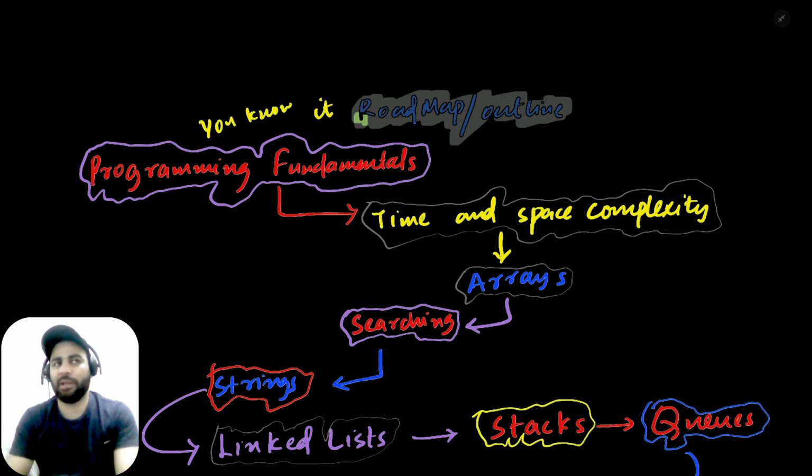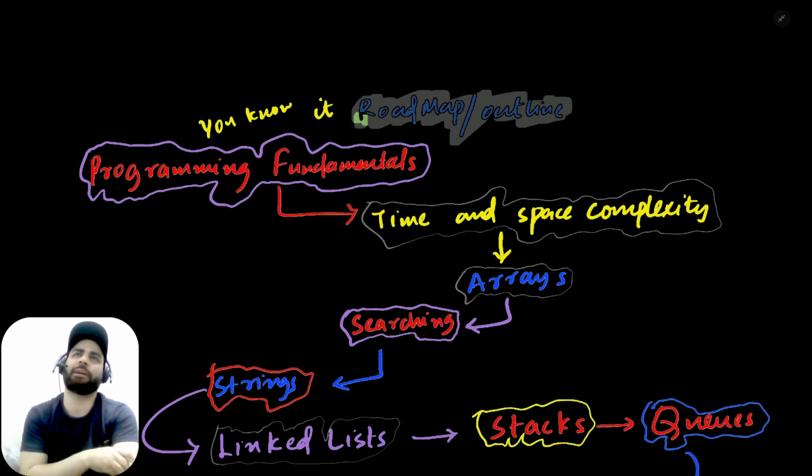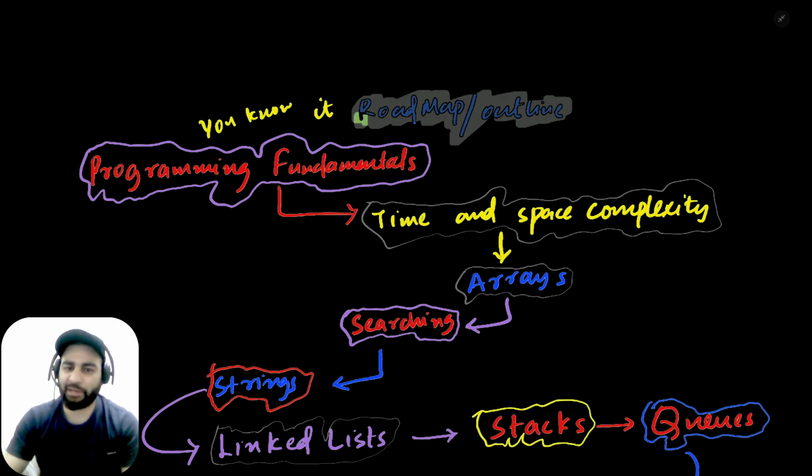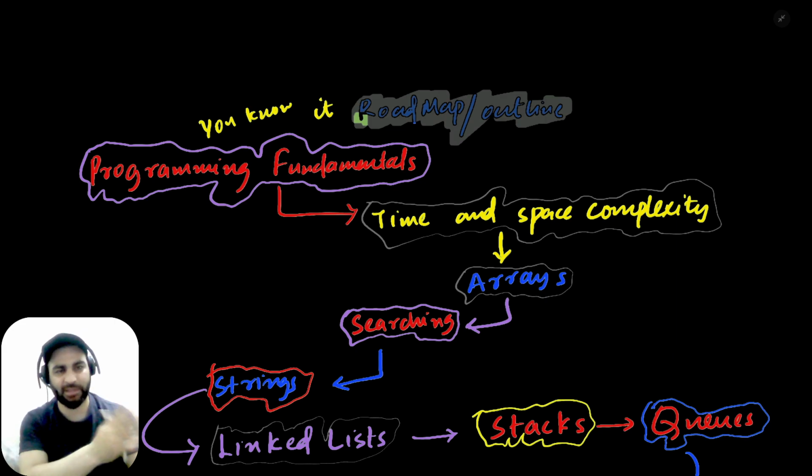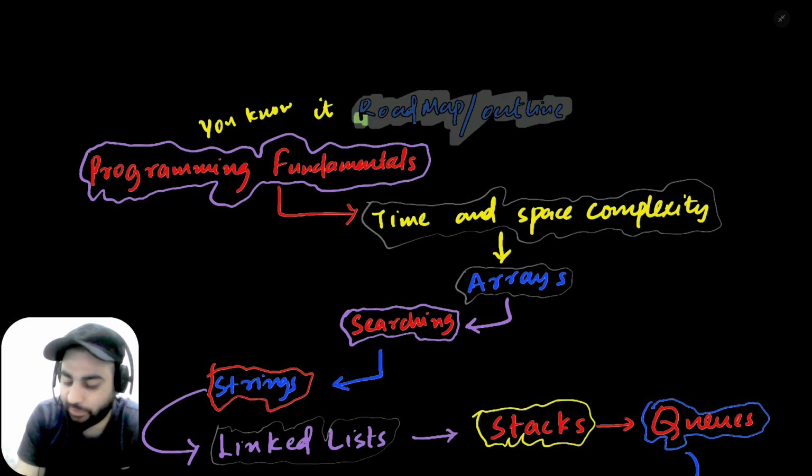If I ask you how to make a cup of tea, you will say different methodologies and methods, and then you will evaluate. But in making a cup of tea, the evaluation is how tasty the tea is, and taste is a subjective term. Here in computer science we have objectivity: how much time does your algorithm take, and how much space does it take? If it takes less time and less space, we are good to go. That's why we must know how to compare the performance of these algorithms.